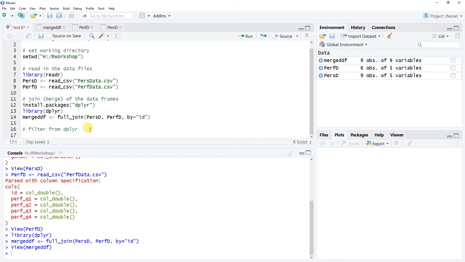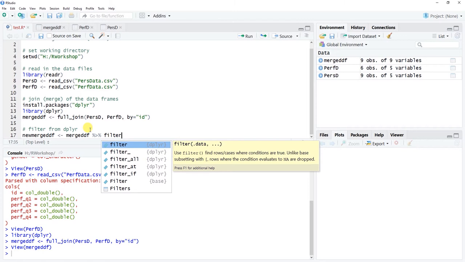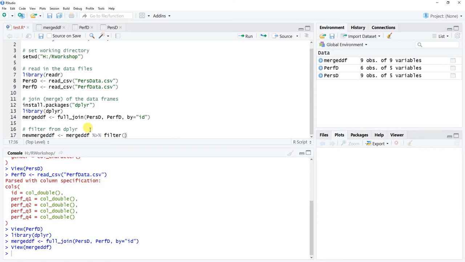Okay, so let's create a new data frame, and let's call this new data frame new merged df. We'll use the left-handed arrow here, and in this case, I'm going to use the pipe operator. First I'm going to put in the old data frame name, and then use the pipe operator to pipe it to the function from the dplyr package called filter. Okay, and in this filter function, as the sole argument, let's say that we want to,